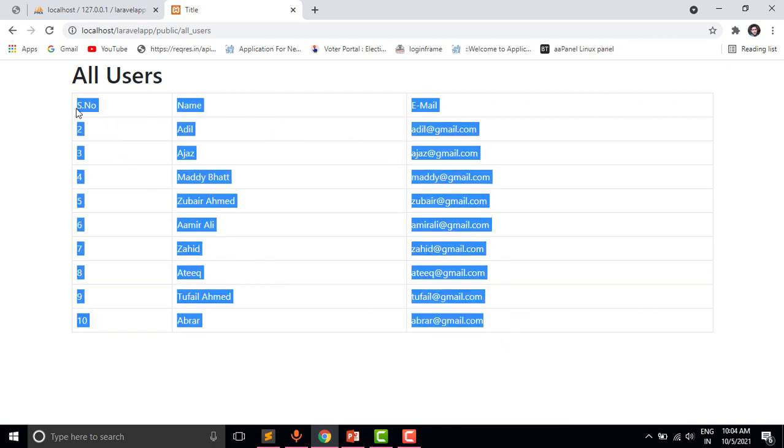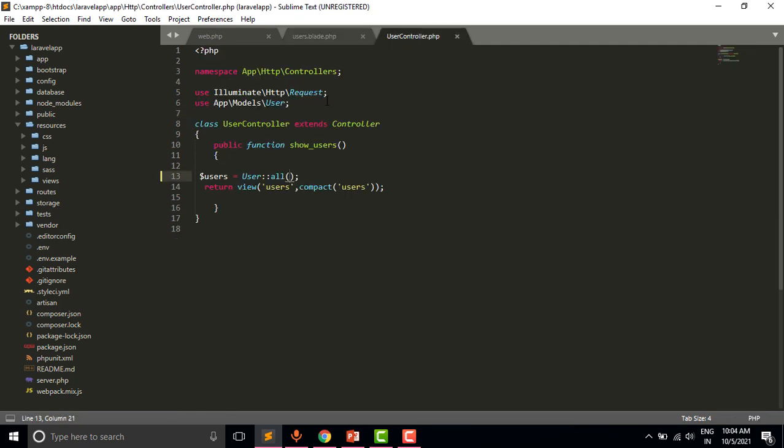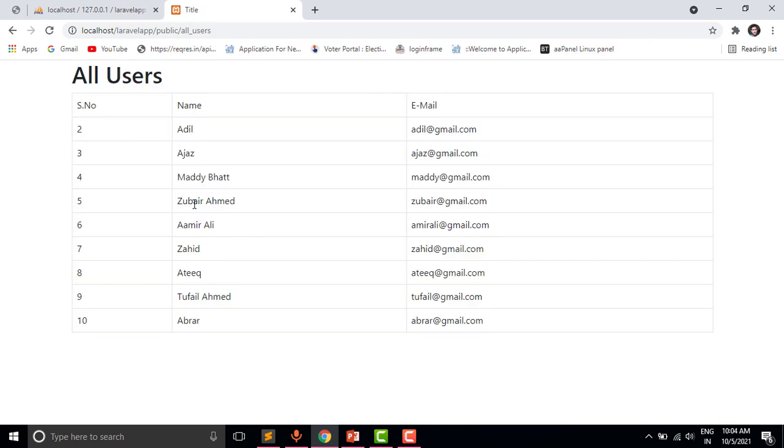I have only used Bootstrap for styling purposes. We have already written this code. I have only imported the Bootstrap CSS and JS, and I have already written the code to show the users in the controller. So let us see how to use pagination.